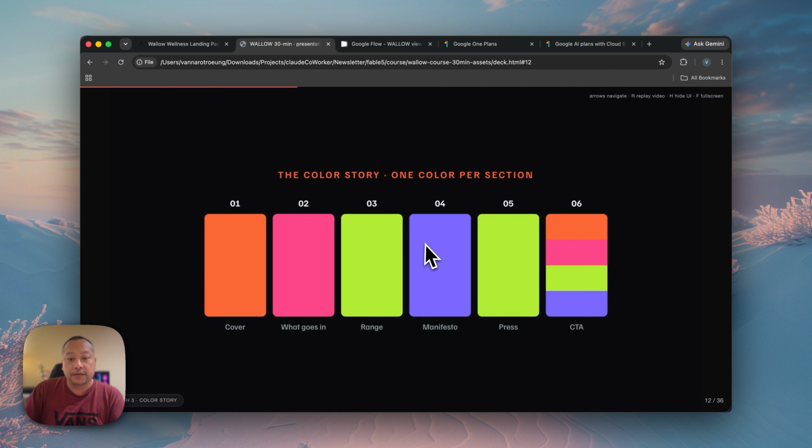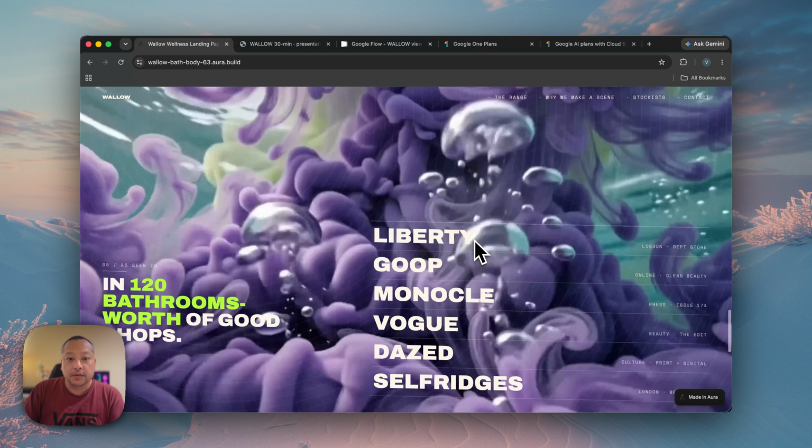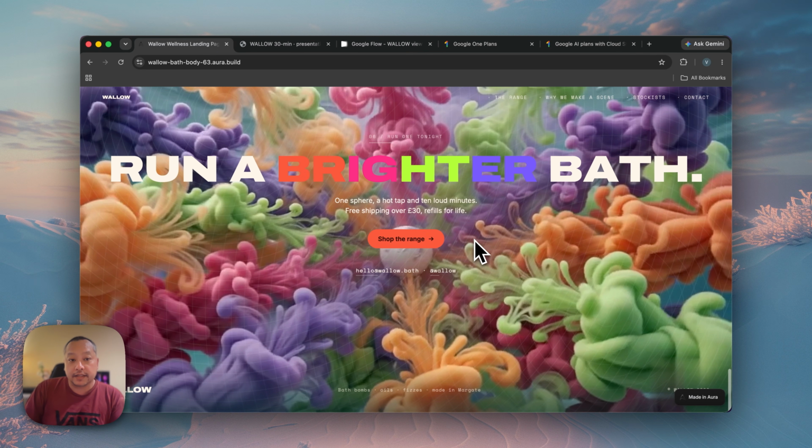The last one is the CTA, which has all the colors, and this is where it blends everything together. Everything comes together. So this is the result that the director script gave us. That's the planning phase for our website,